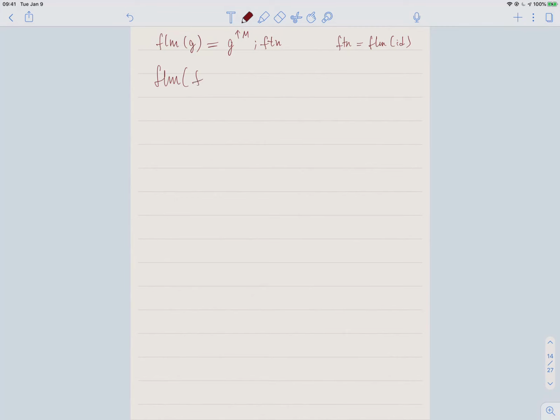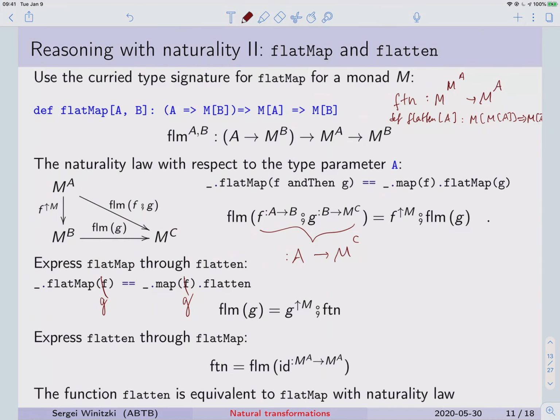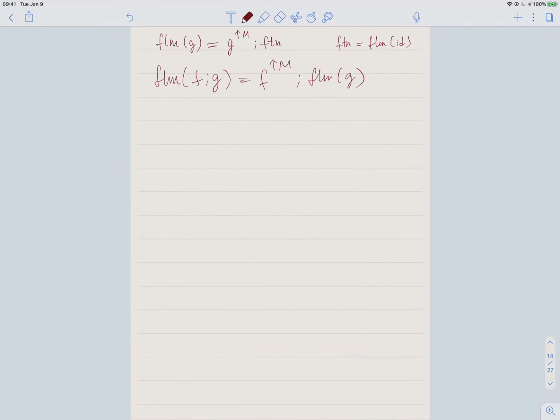FlatMap of f;g equals f lifted to m, then flatMap g. In order to show that these functions are equivalent, what I need to do is I need to show that if we take, say, a flatMap function that satisfies the law, and we define the flatten function out of it,